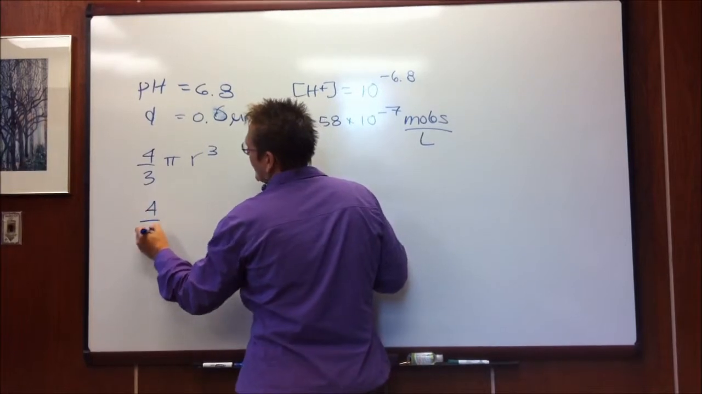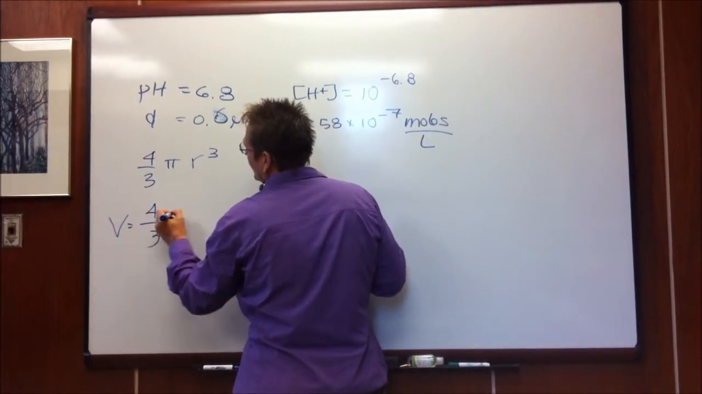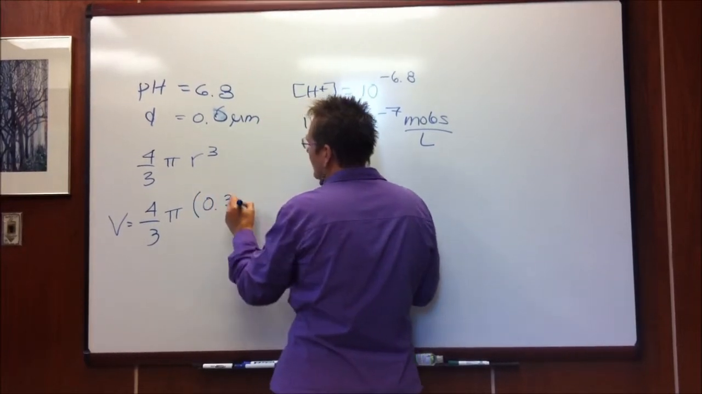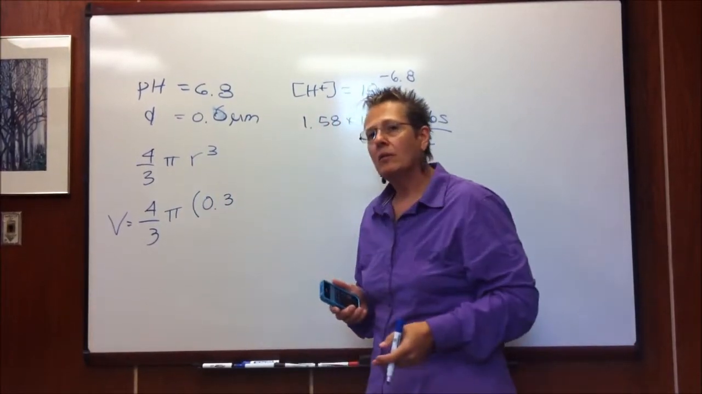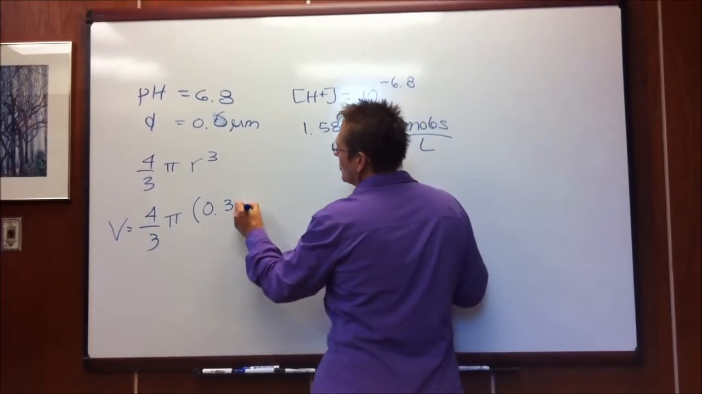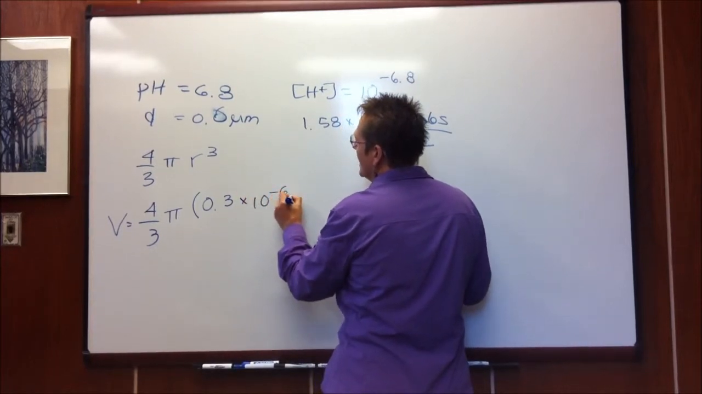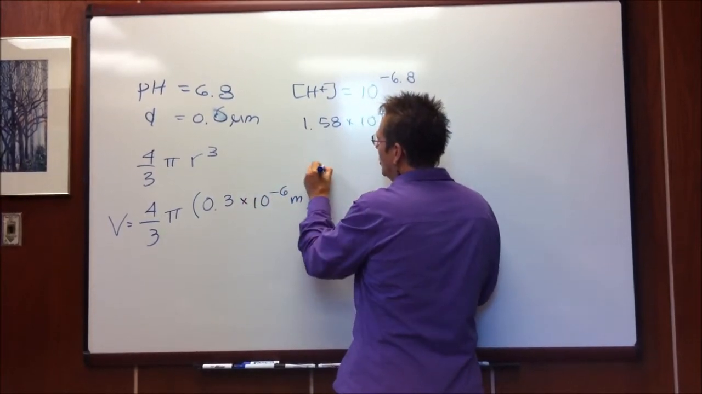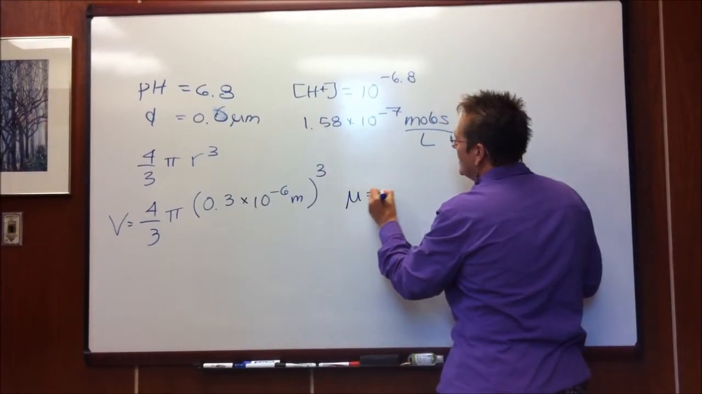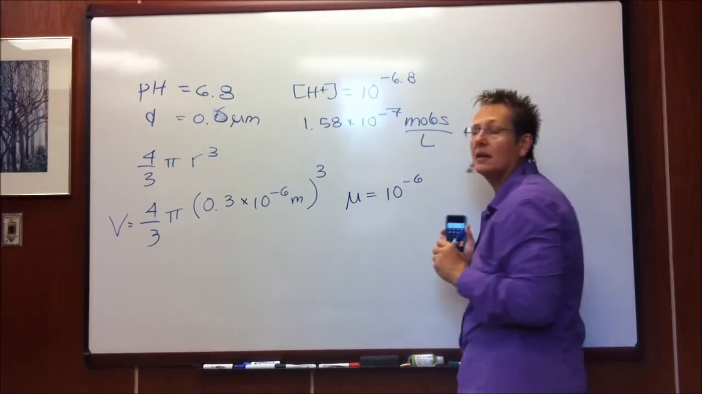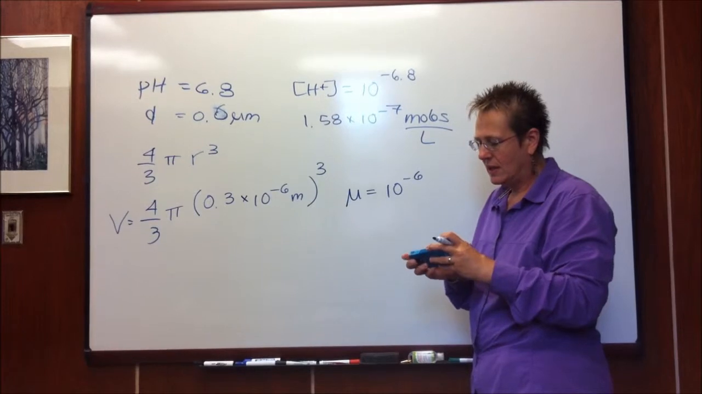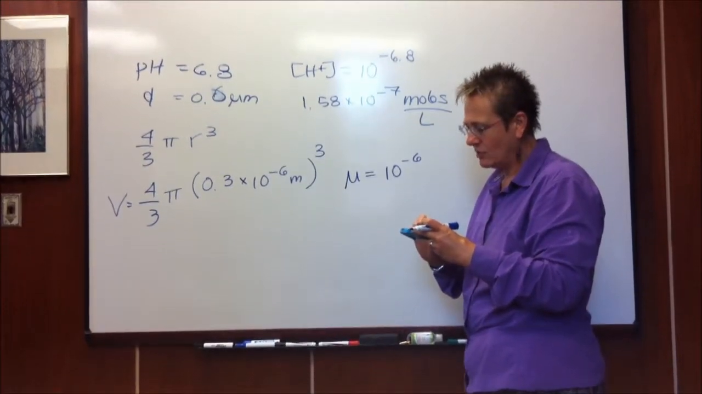So we're going to say that the volume is equal to 4/3 pi times 0.3. Now I'm going to go to meters right now because micrometers are not going to be in a unit that I can work with. So I'm going to say 0.3 times 10 to the minus 6 meters cubed. I knew that the micro symbol is equal to 10 to the minus 6 of something. So when I do that calculation, I end up with a volume of 0.3